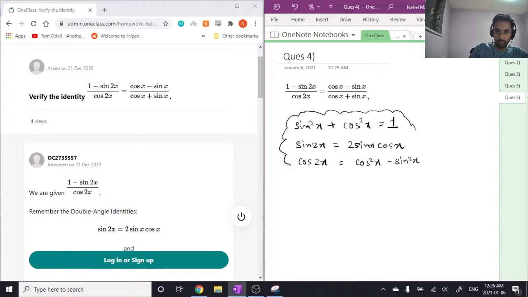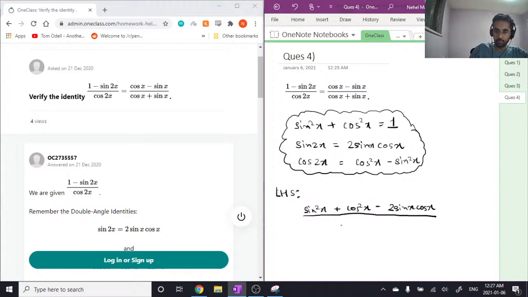So we're going to get sine square x plus cos square x, which is 1, minus, and sine 2x becomes 2 sine x cos x, divided by cos 2x becomes cos square x minus sine square x. Now if we further look into this, on the numerator side we have the form a square plus b square minus 2ab, which is equal to a minus b whole squared. So in this case, a is sine x and b is cos x. So we will go ahead and write this as sine x minus cos x whole squared divided by,